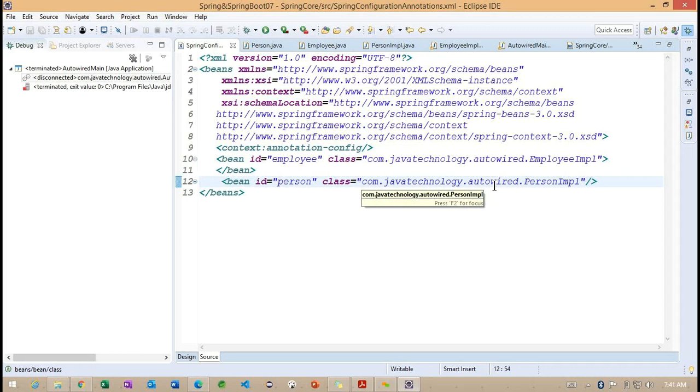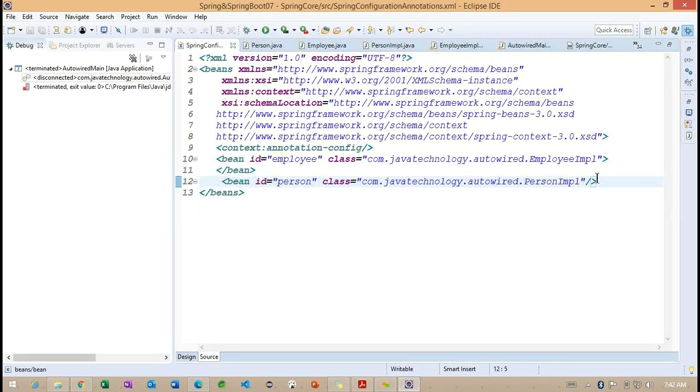So to handle these scenarios, what do we need to do? Again, we are going to have one more annotation, called Qualifier. So how exactly is this Qualifier going to work here? Getting the point? Now you need to understand how we can use the Qualifier-related information. Now let's see how I'm going to write it here.